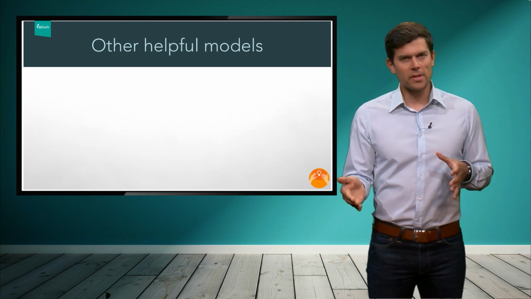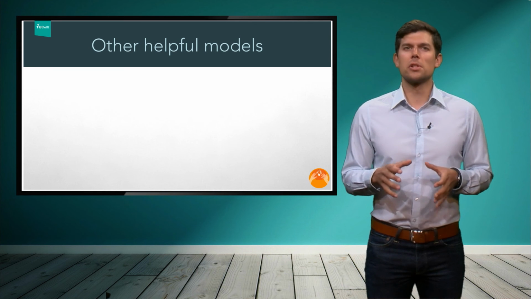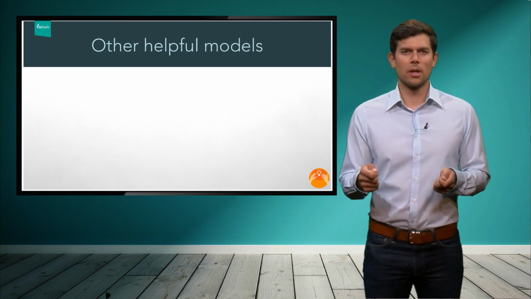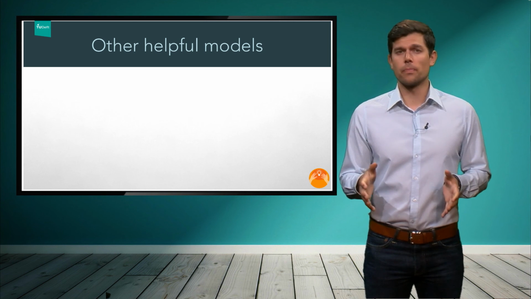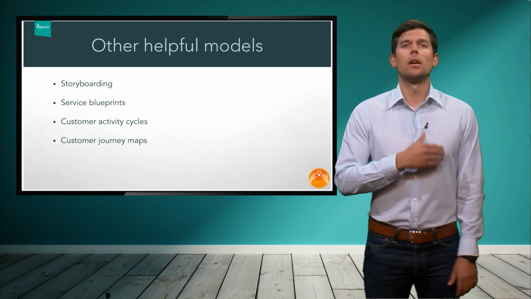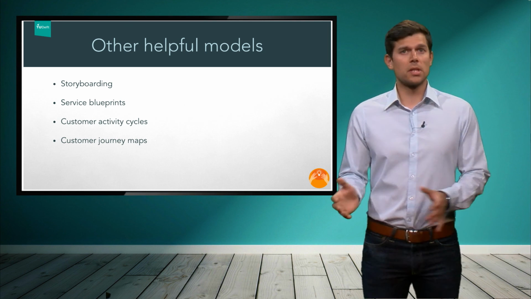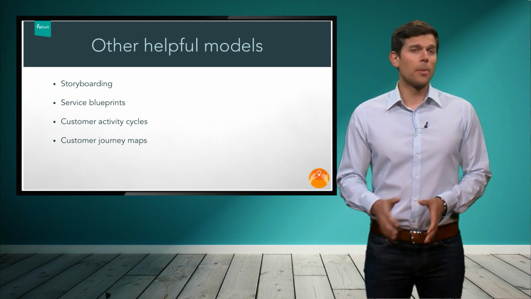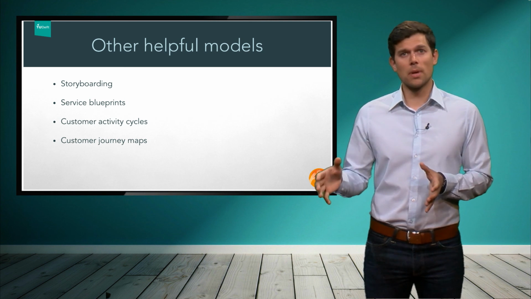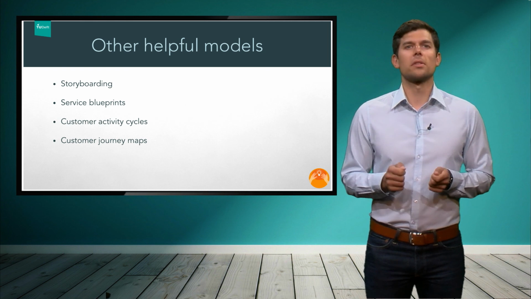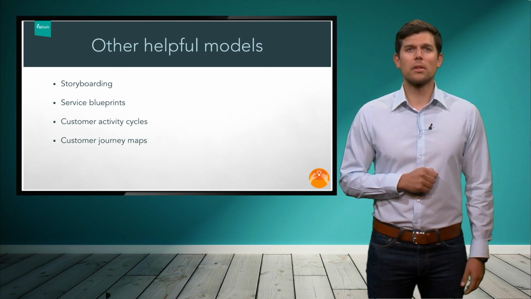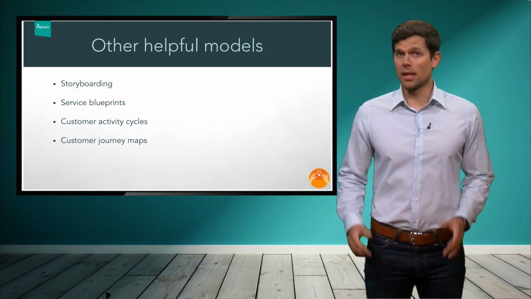When it comes to services, however, it can be beneficial to add representations of how the recipient will experience the service to make sure that it's convenient to them. To visualize this, you can use storyboarding, service blueprints, or custom activity cycles, for instance. But another model that is really particularly nice for doing this is a customer journey map. These really focus on the customer, and in the following video, you will hear about the benefits they can also bring to you in setting up your solution.